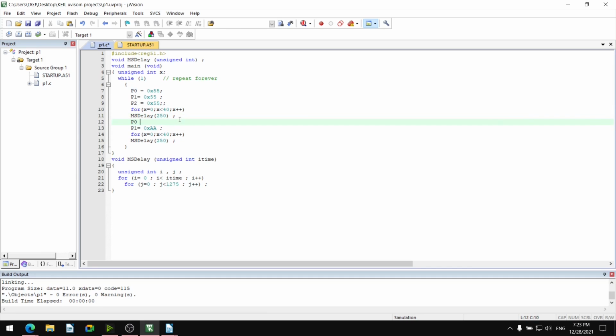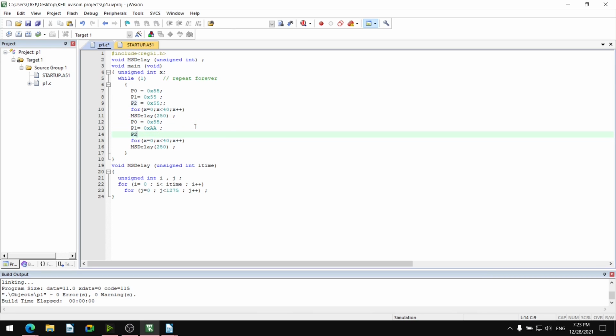Similarly, P0 equals 0x55 and P2 equals 0xAA. Here we have to make AA for P0, P1, P2.